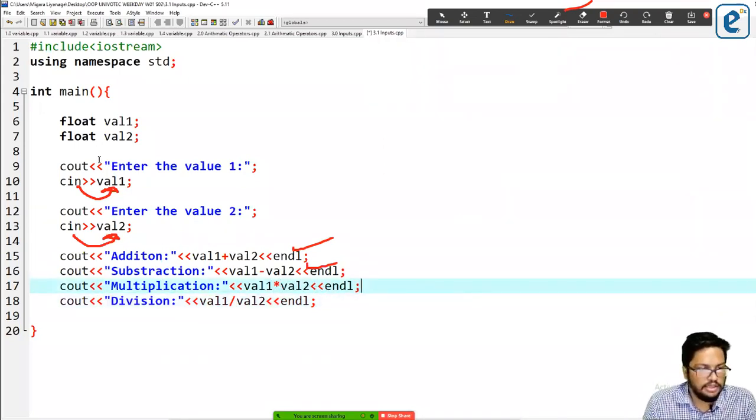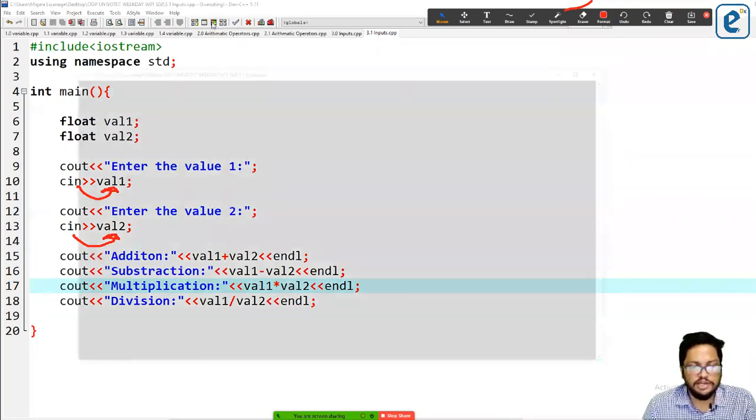Right? So what I'm going to do is take 2 variables from the user. The first value will be taken into the value 1 variable, and the second value will be taken into the value 2 variable. Then using them, as we did earlier, I'm going to take the addition, subtraction, multiplication, and division respectively, right? So understood. If I run this one,